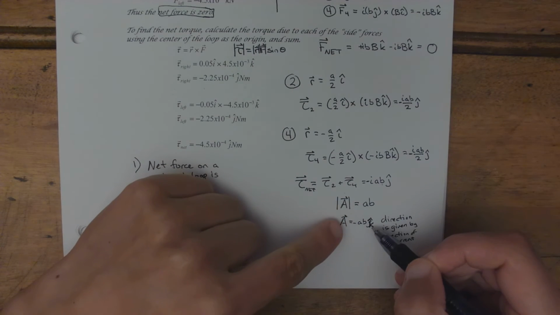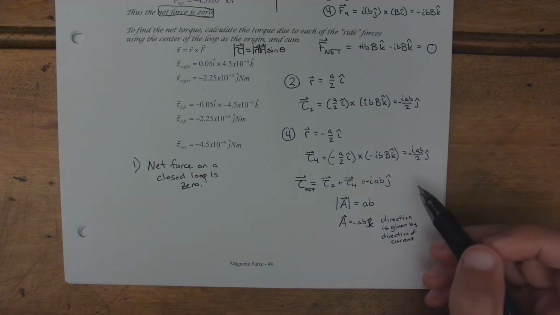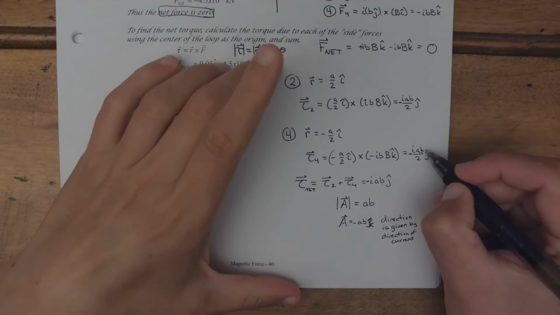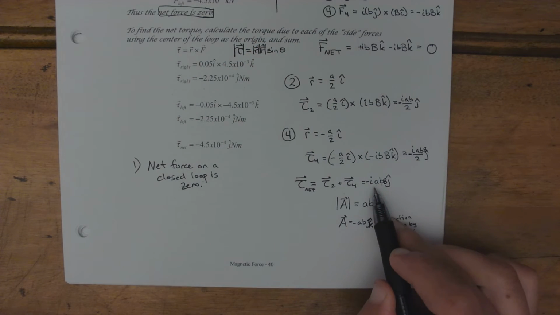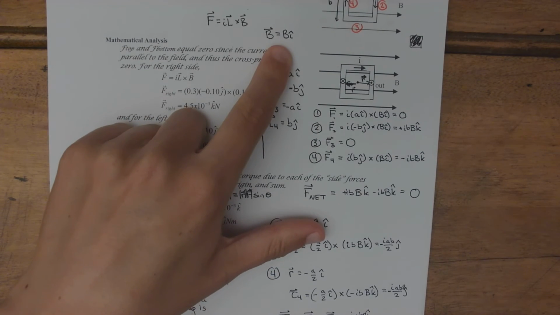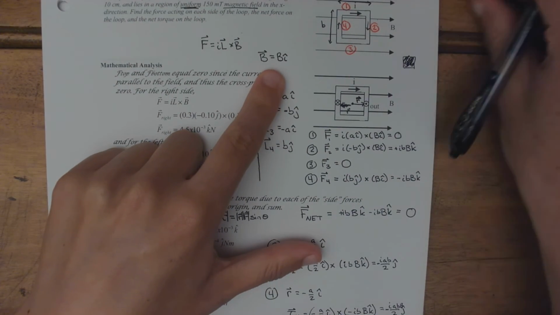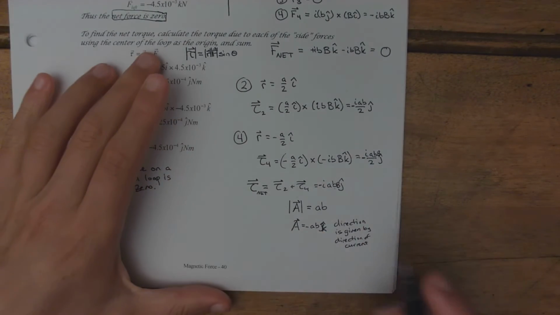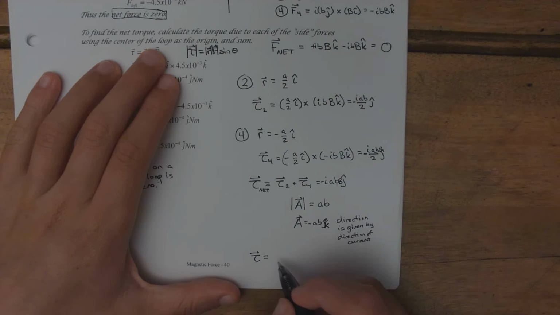Okay, so I have my area vector here, and, oh, I forgot something else. I was supposed to have a capital B here, so that would be capital B, and that would be capital B. So there are two other things in my result for the torque. I have the current, and I have B. B was a vector pointing in the i hat direction. So now, watch this. If B is B i hat and A is negative AB k hat, I can say the torque is equal to I